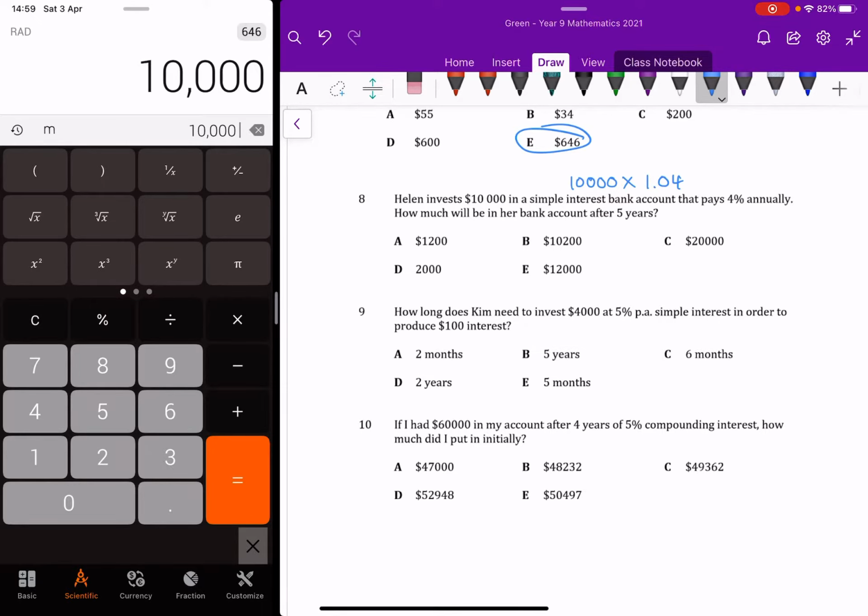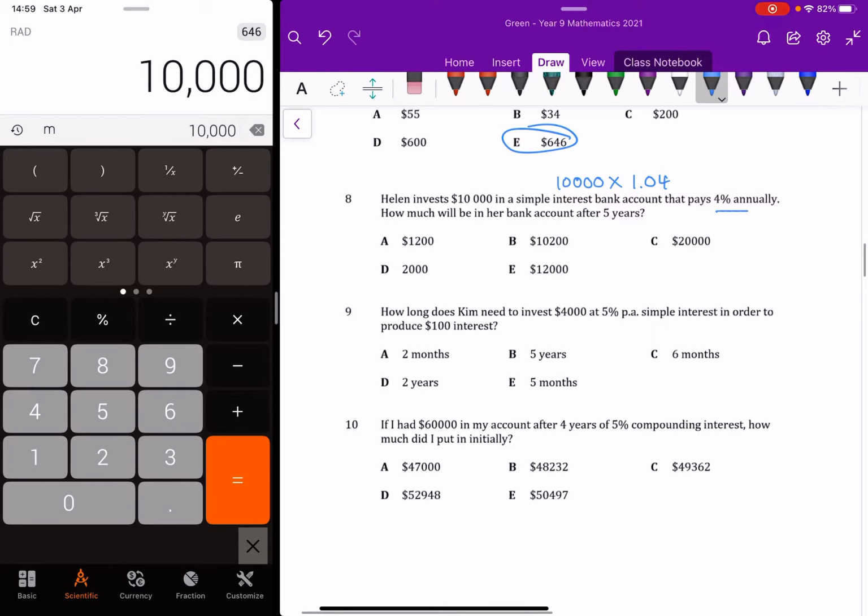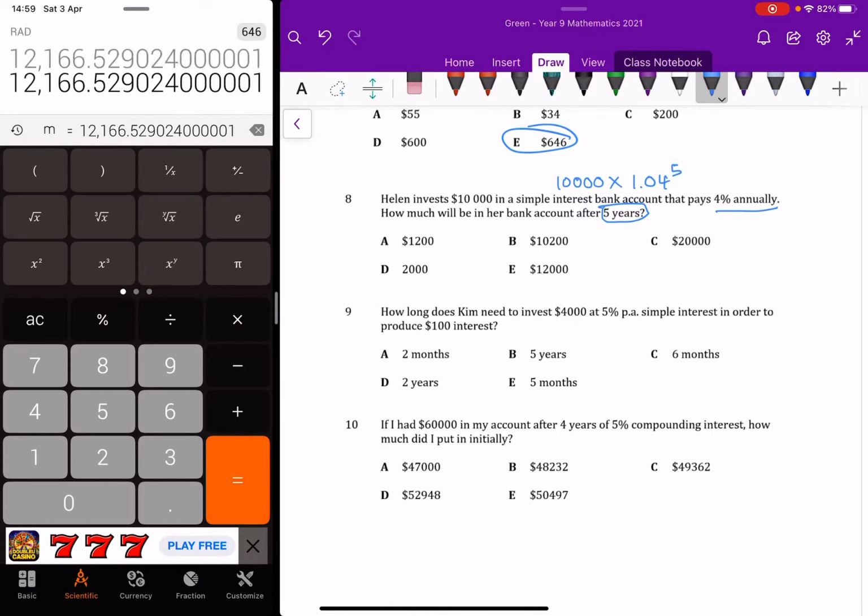So this was me adding that 4% annually to the power of 5 years. So this is the sum that we're actually working out. So we times by 1.04 to the power of 5. And this gives us how much will be in her bank account after, well,